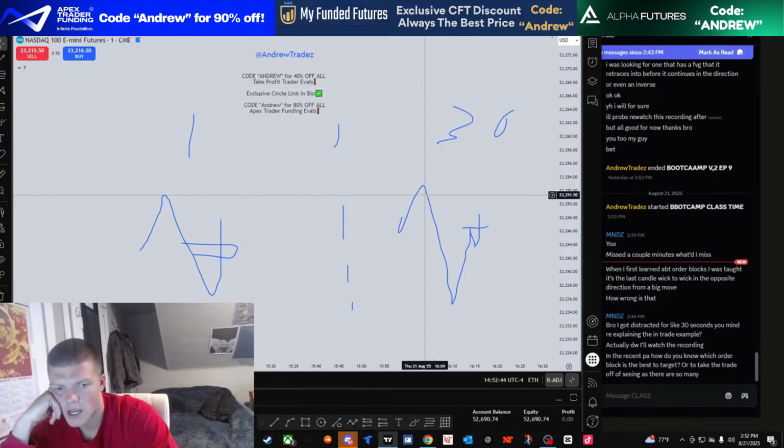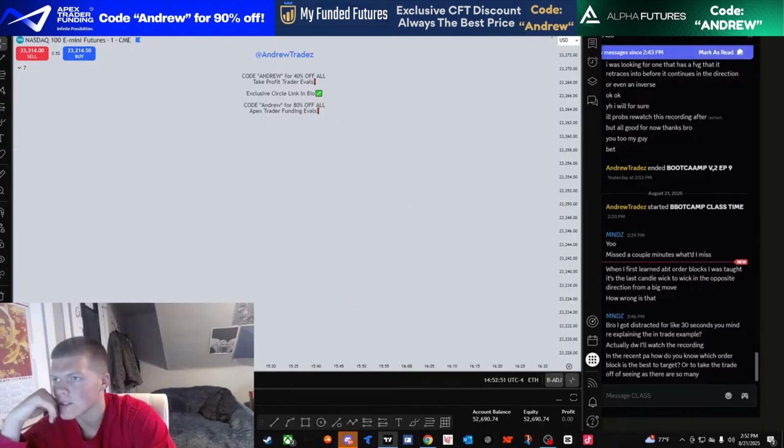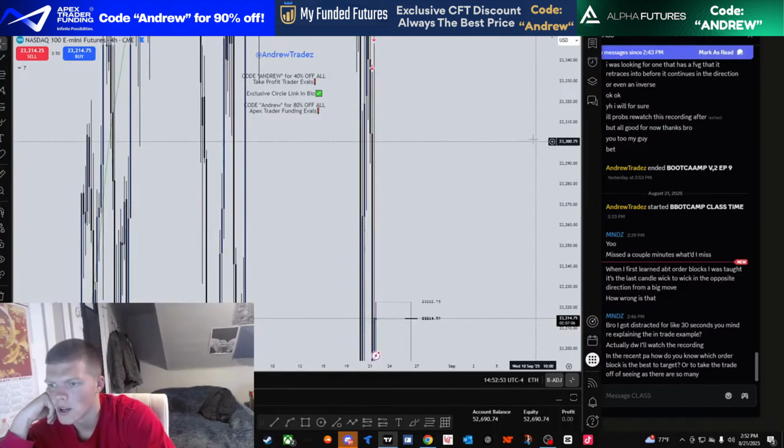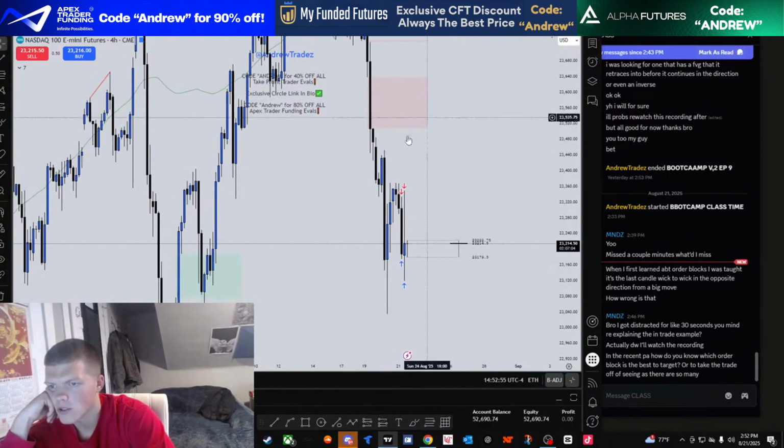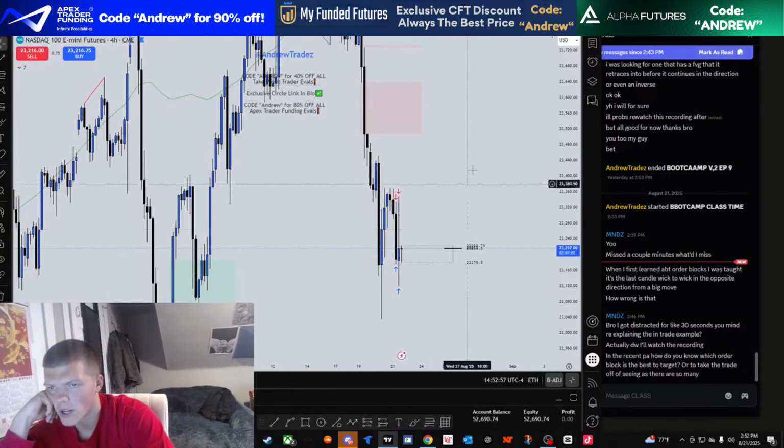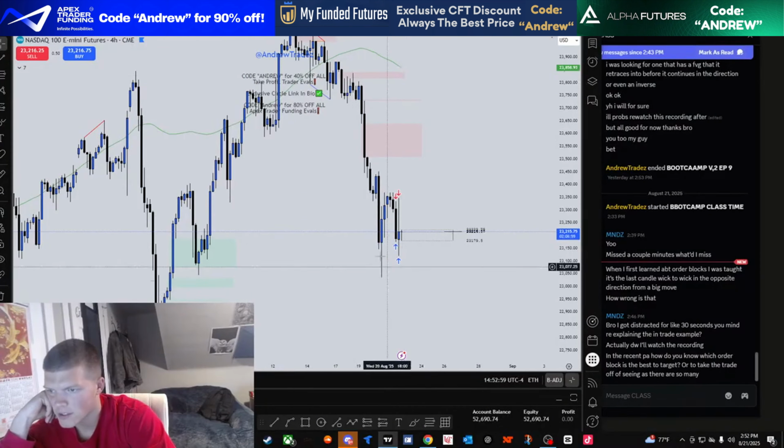In the recent PA, how do you know which order block is the best to target, or do you just take the trade off of seeing, as there's so many? Well, it's more liquidity based, right? So if we go to the 4 hour, you don't just take a random order block, you kind of follow the trend, right? So if the trend is obviously to the downside here,